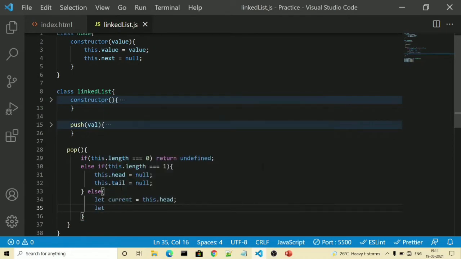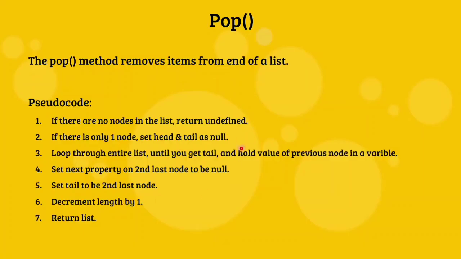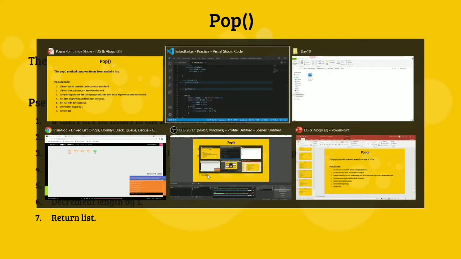And another variable will hold the value of the previous node to current node. Previous is equal to current.